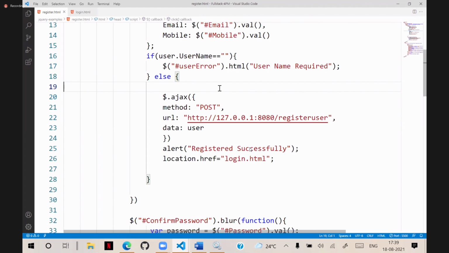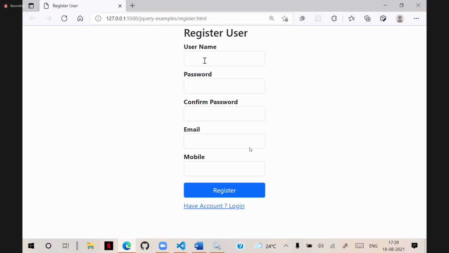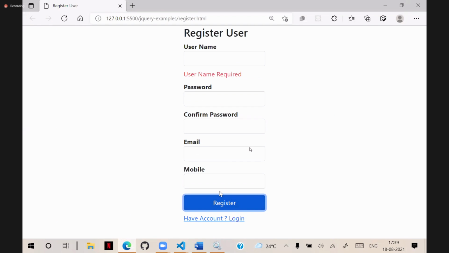If username is valid, then verify the password and confirm password. We need to check all of them. So see what we are doing here: we are going to verify the details and submit the details. You see, without entering the username, when the user clicks the register button, it says username required. That is working fine. Very good.